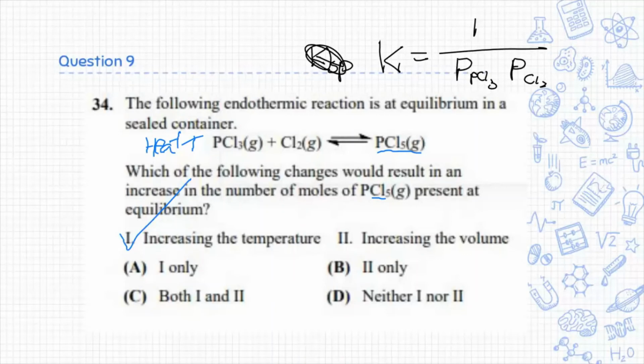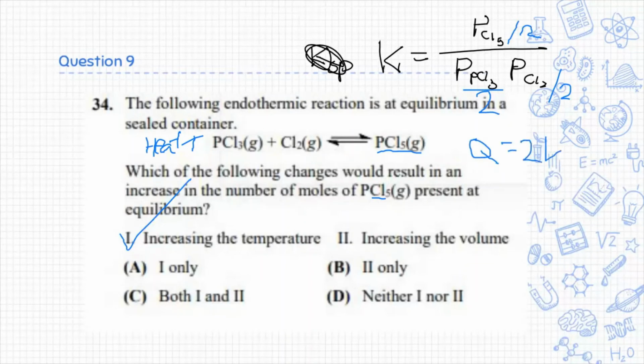If you double volume, pressure is going to divide in half. So we have Q, where you would divide each P term by 2, right? If you simplify that, Q equals